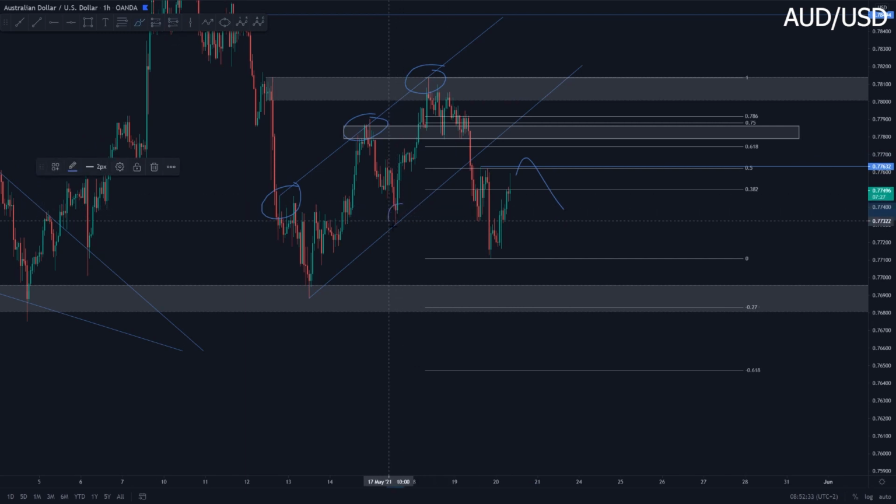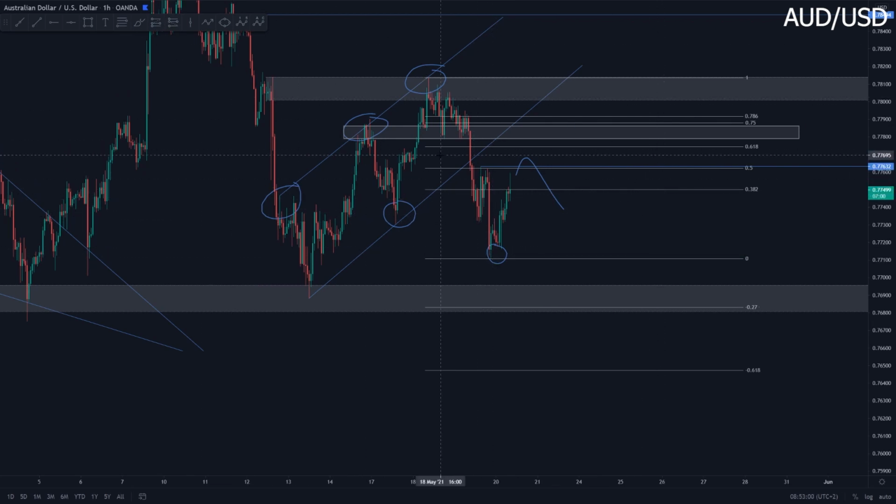So we created a new lower low in comparison to this low over here, right? And once we broke this low, we switched from that uptrend on the 1 hour, right? So a low, a high, a low, a higher high. And this was the higher low in comparison to this low. So once this lower low was created over here, we went from that uptrend on the 1 hour back into a downtrend on the 1 hour.